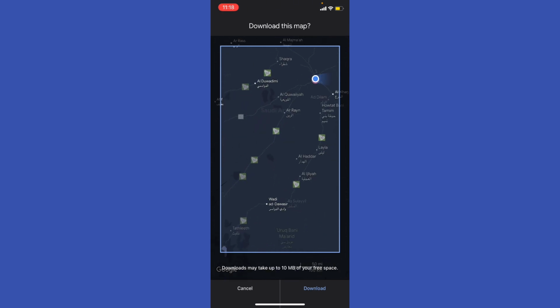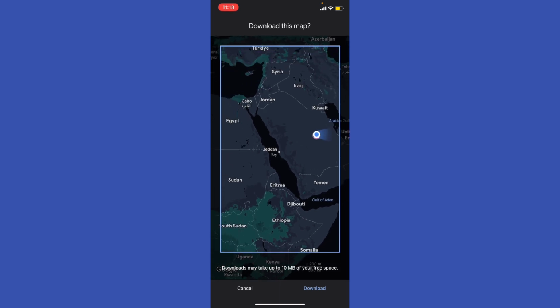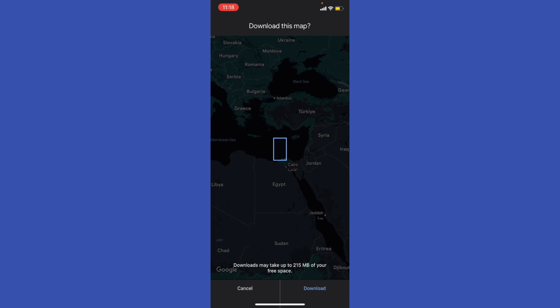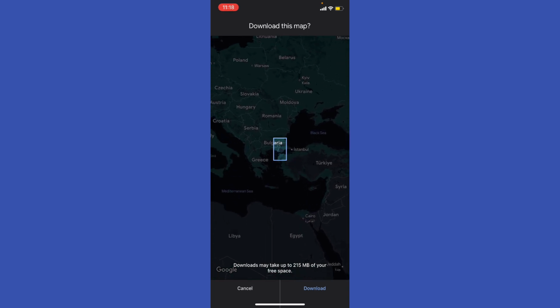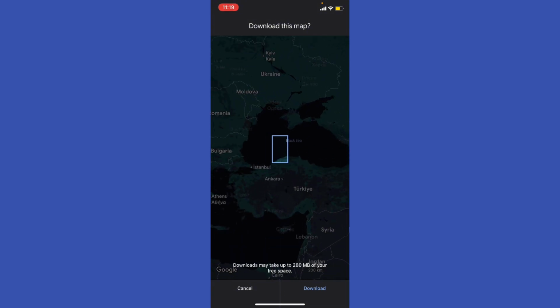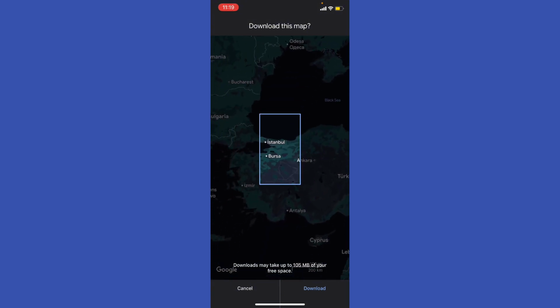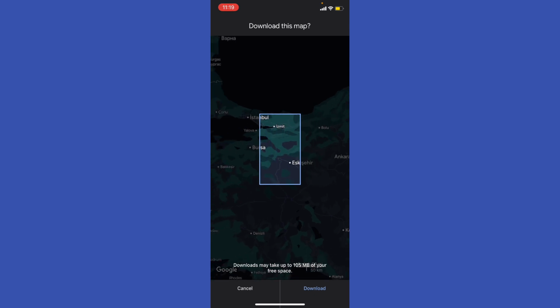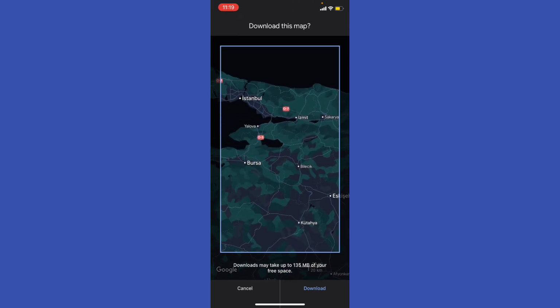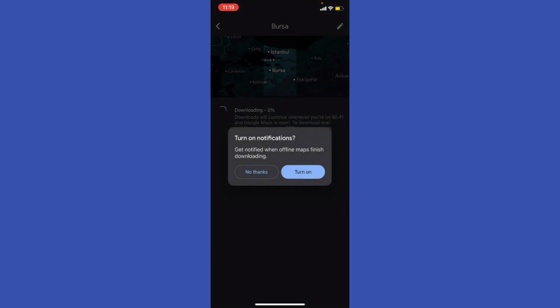Let's zoom out. Let's say Istanbul, right? So I'm going to zoom in on Istanbul. Let's say this part. Now what I'm going to do is go ahead and hit download, and I'm going to turn on the notification